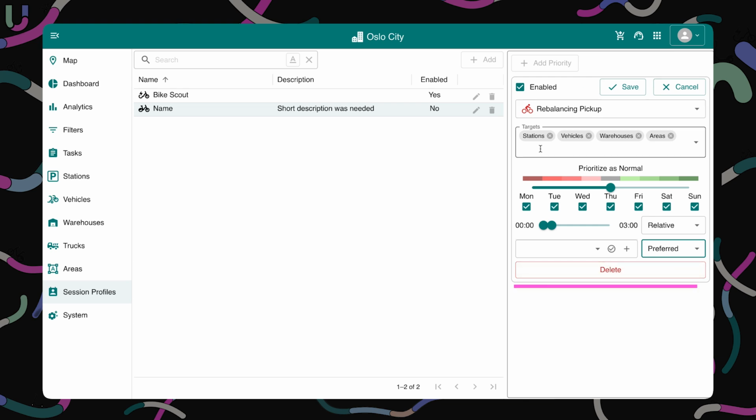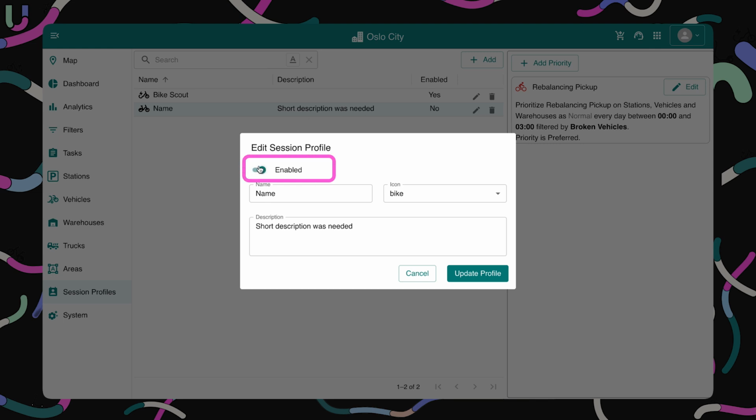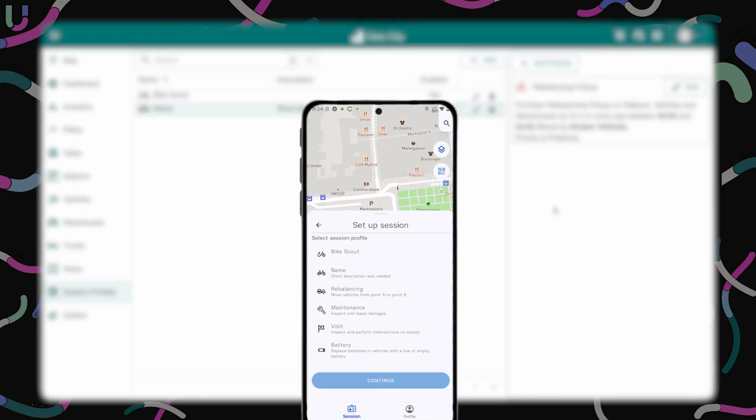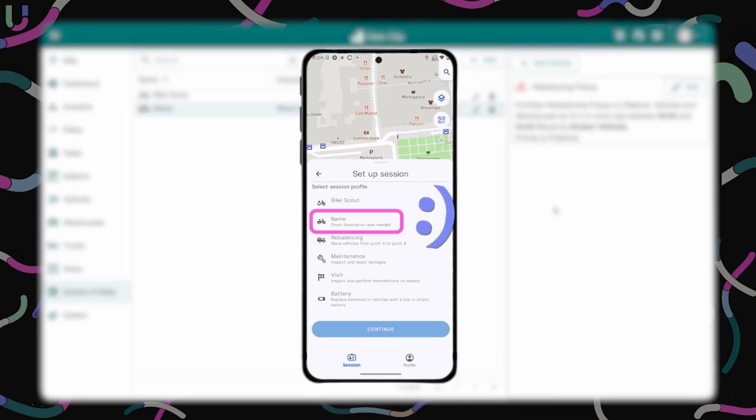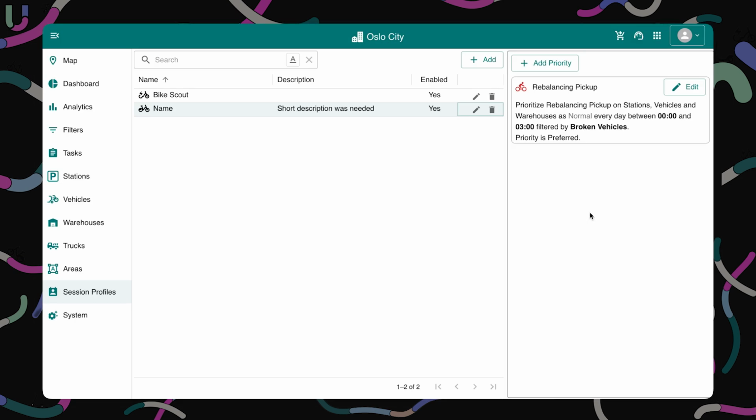And now that we have all of the conditions within the priority setup, we can click on Save. And if we are happy with having just this one priority set in this session profile, we can now enable it. As soon as the session profile is enabled, the drivers will be able to see it at the start of their shift. In the next video, we will go through a more realistic example of a session profile, which contains